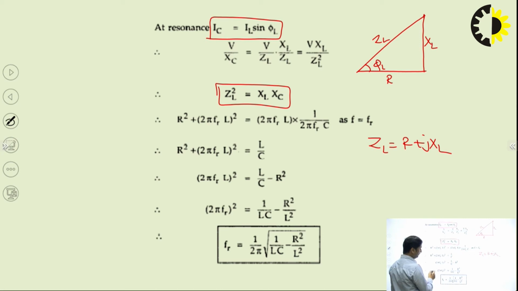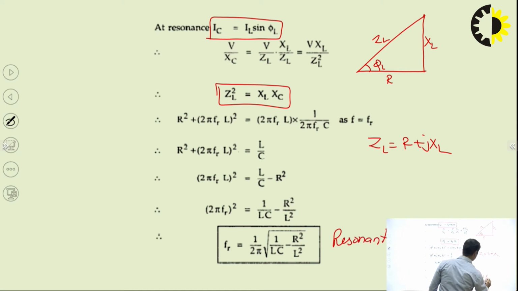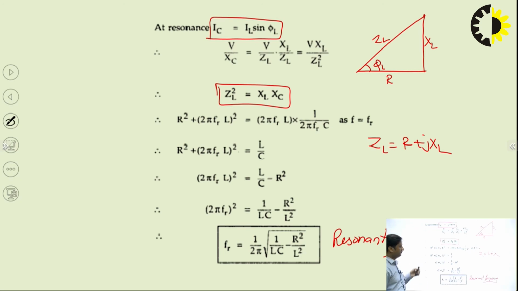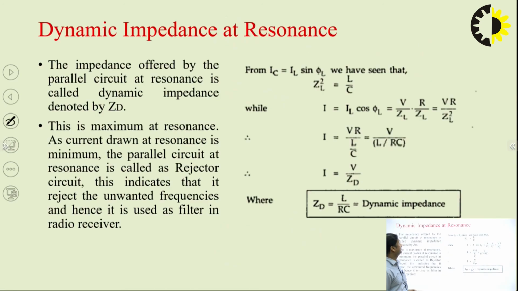Ultimately, this is the value of FR. It's called the resonant frequency FR. So this is the expression for the resonance frequency in a parallel circuit. Okay. Now, after this resonance frequency, which is based on the value of inductance, capacitance and resistance, now find